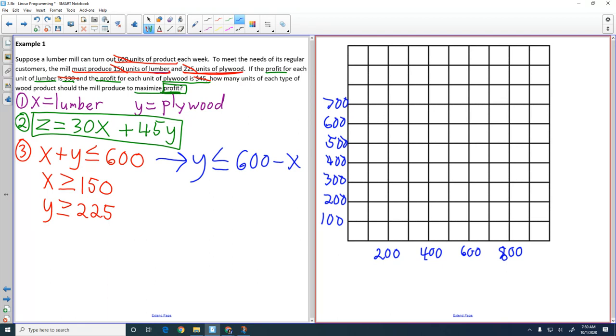So we've got our axes all set, scaled properly. We can go ahead and graph these lines. First up, I've got 600 minus x. So we start by putting a point at 600 on the y-axis. And what's the slope of that inequality, that negative x? Negative 1 over 1. So for my slope, I'm going to go down 1, right 1, down 1, right 1. And so down 1, right 1, put a dot right here, there. Just going to be a nice diagonal slope. It's a less than or equal to, so I'm going to draw a solid line